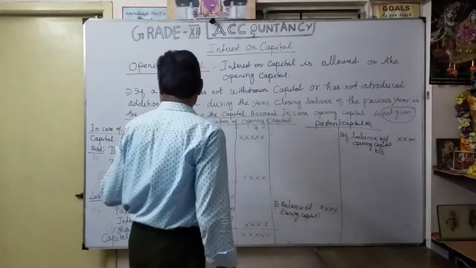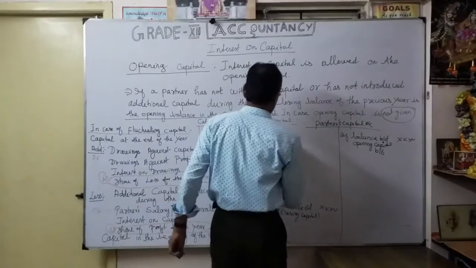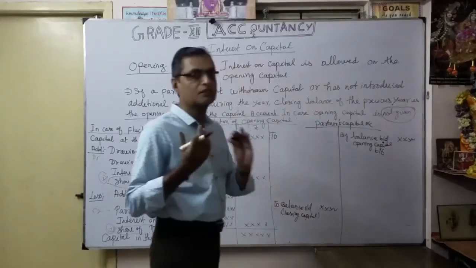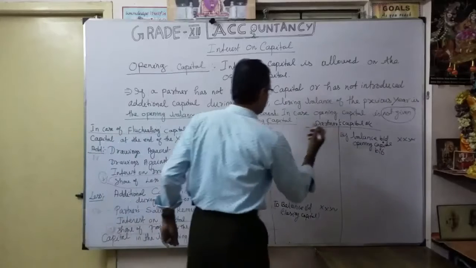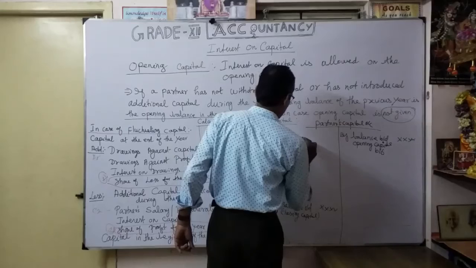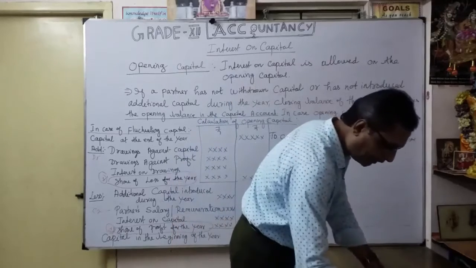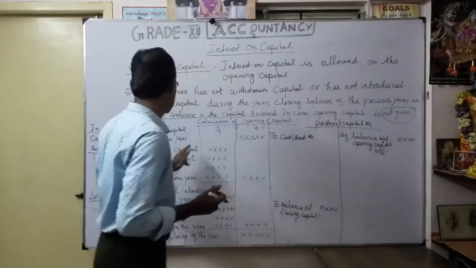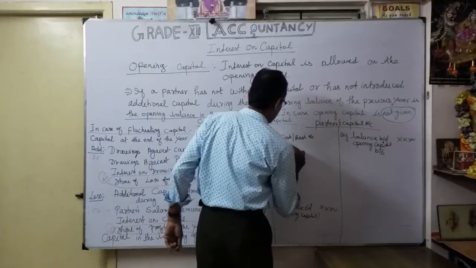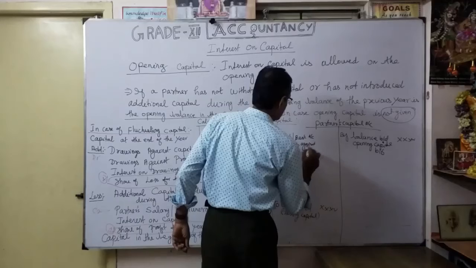Then I am going to add all the debit side. Now what is that? To drawings. Drawings means we can withdraw money. So what is the entry? Partner's capital account to cash or bank. To cash or bank account. This is nothing but drawings. Drawings for what? Drawings against the capital. This one.